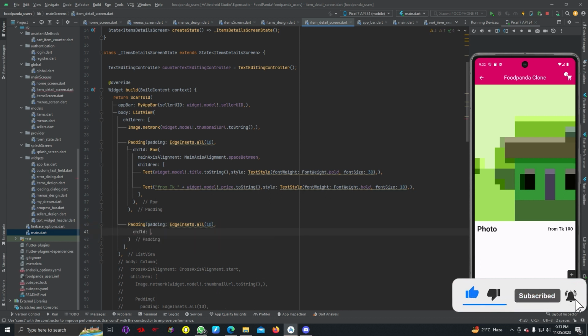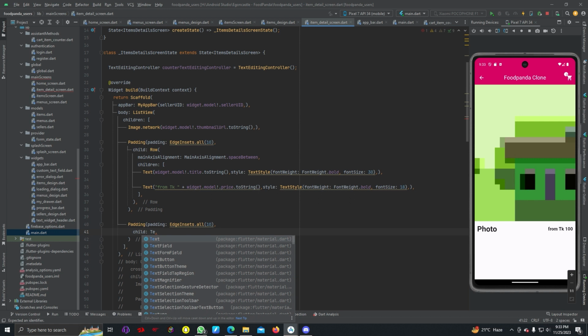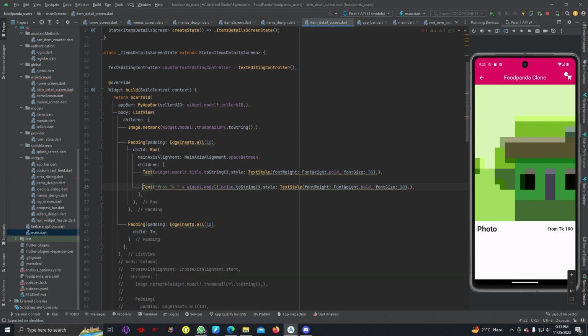then child, we can just copy one text from here and give it here, and instead of price we can write long description, and font size we can give it like 14, and we can give colors dot gray, and we can remove this part,